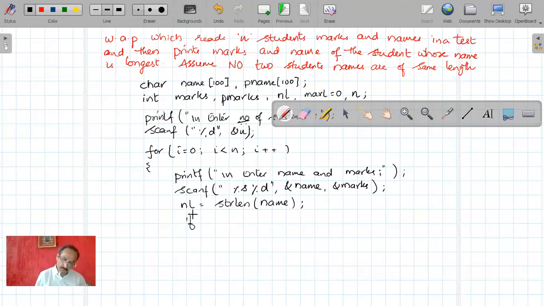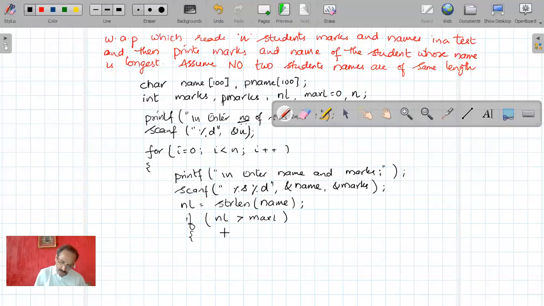What we need to do is get the maximum and then store that value. So what I am doing is, if nl is greater than max length, what is the initial max length? Initial max length is 0. So I'm checking if the length of the string is more than the maximum length.